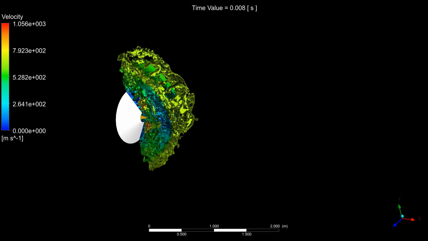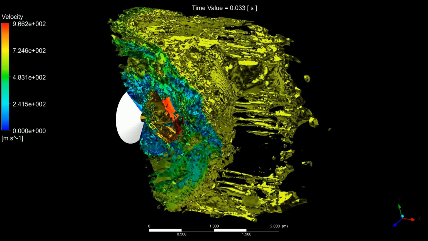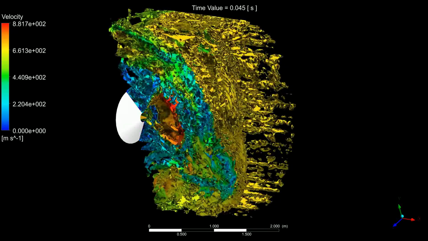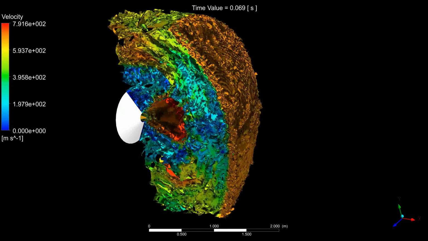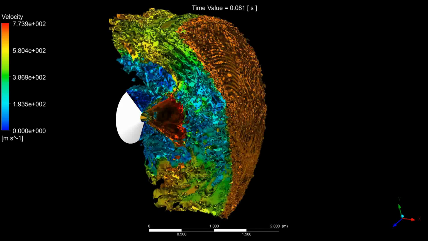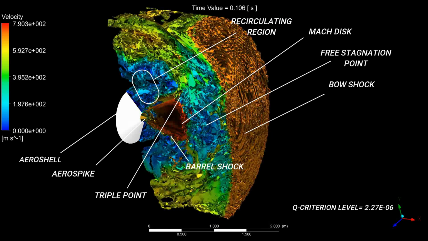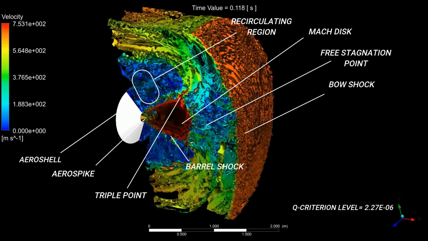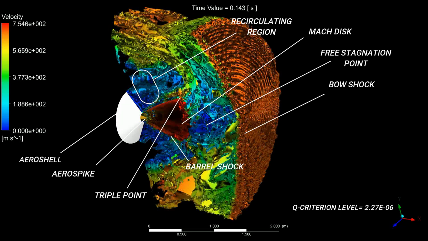Here we present the visualization of the transient SRP flow field. A well-known vortex identification method, the Q-criterion, is used to visualize the vortex structures. We can see the jet exiting from the nozzle undergoes expansion until the jet pressure becomes equal to the ambient pressure, thus forming a constant jet boundary. Moreover, the jet is reflected from the jet boundary in the form of weak compression waves, collectively forming a barrel shock.